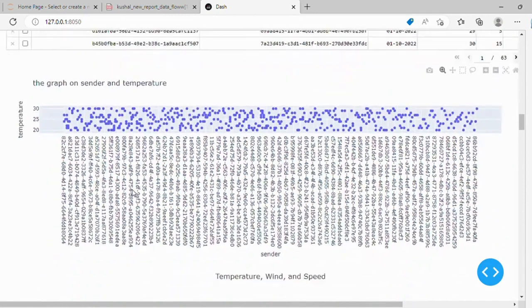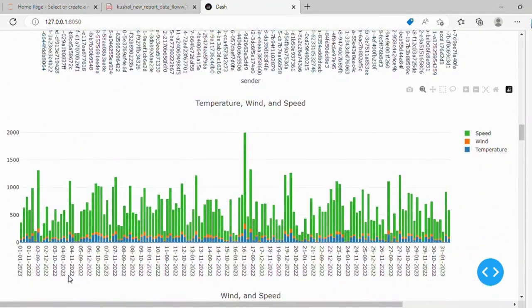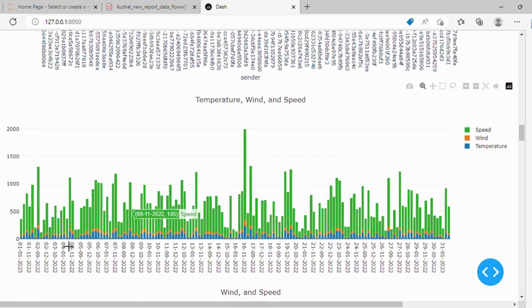And if you go below, deeply, I have split it day wise, on which day what is the temperature, what is the wind direction, and what is the speed of the wind. And if you see here, in the first month, the temperature was 24, and then the